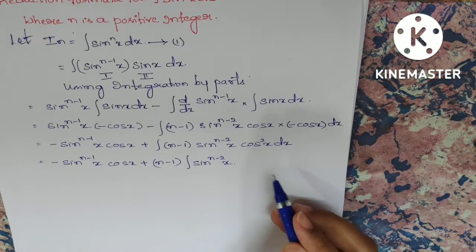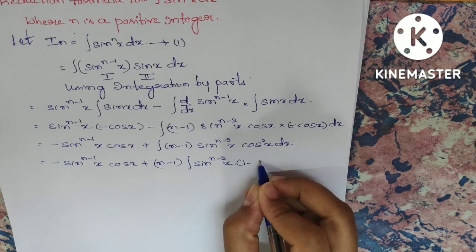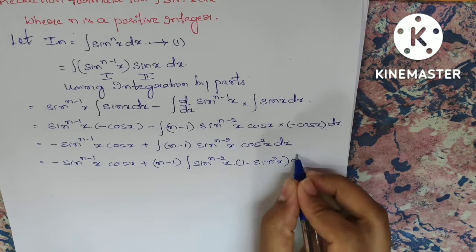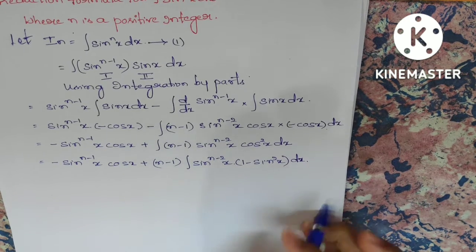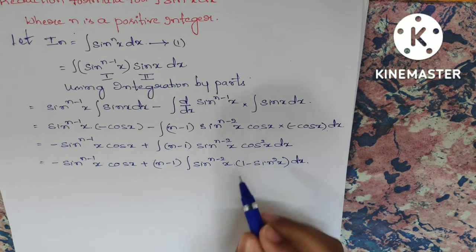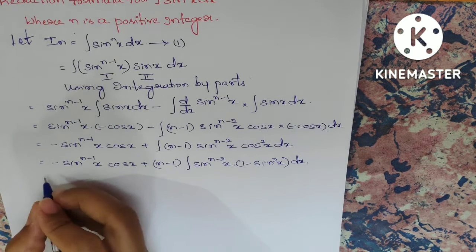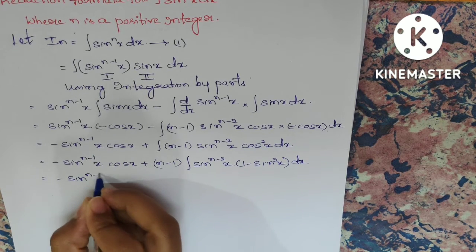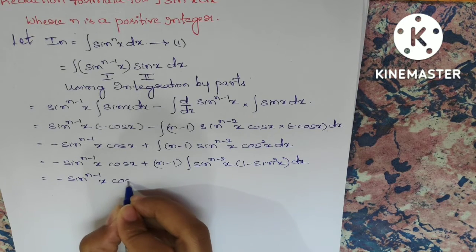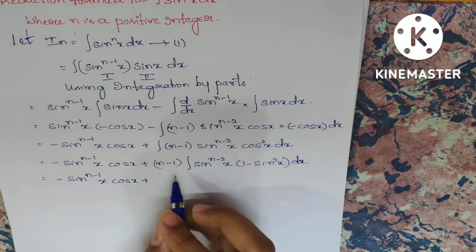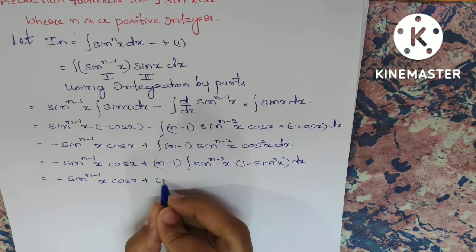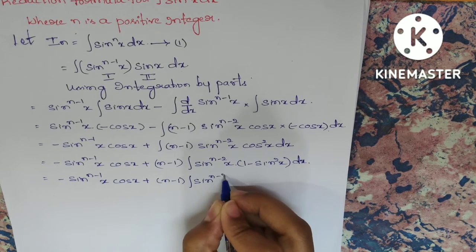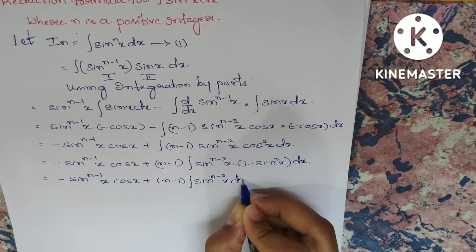Students, for cos^2 x, I'll write 1 minus sin^2 x. This is from the trigonometric identity sin^2 theta plus cos^2 theta is 1. So here I want cos^2 x; cos^2 x will be 1 minus sin^2 x. This equals minus sin^(n-1) x cos x plus, now removing the brackets, I get n minus 1 into integration of sin^(n-2) x into dx,